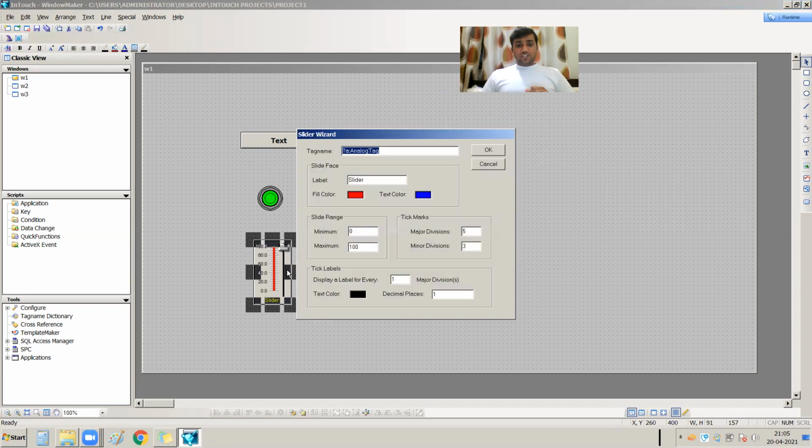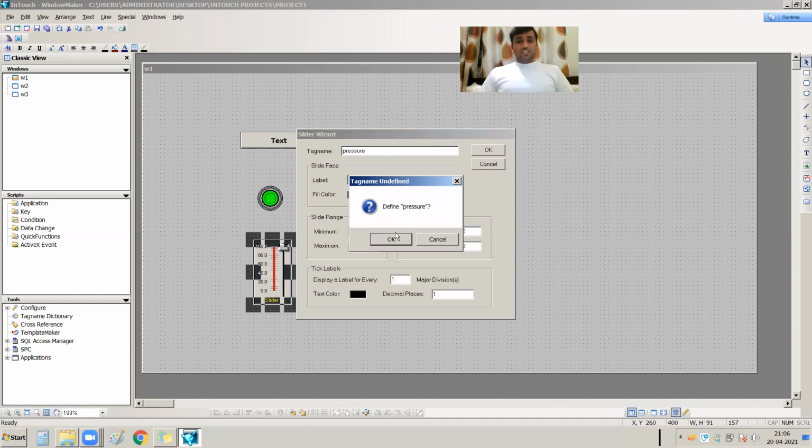If you press on this object, the tag name section is available over here. For example, pressure is the tag name. I write down pressure because you want to attach the pressure tag to this slider. If I press OK, define pressure, yes.